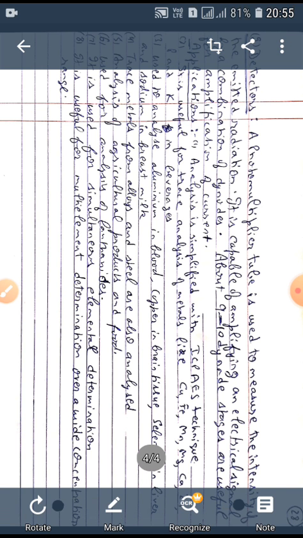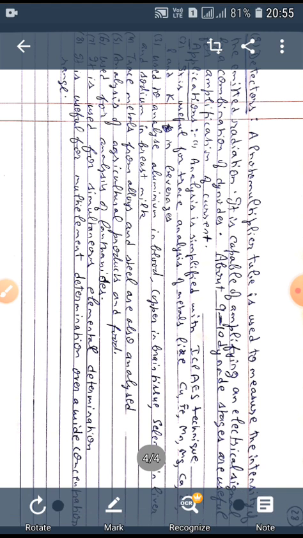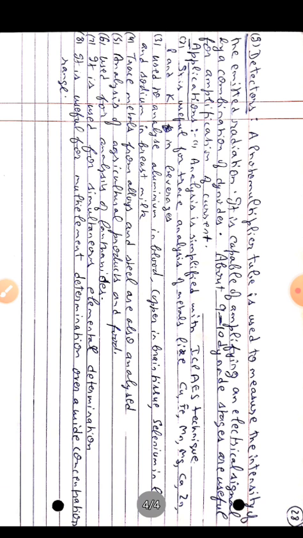Next application is that trace metals from alloys and steels are analyzed by these techniques. Next important application is that ICP is used in the analysis of agricultural products and fruits. It is also used in the analysis of lanthanides. ICP is also used for elemental determination. It is also useful for multi-element determination over a wide concentration range.